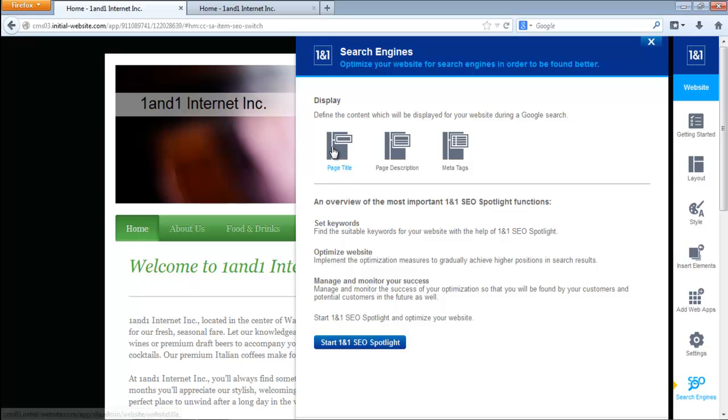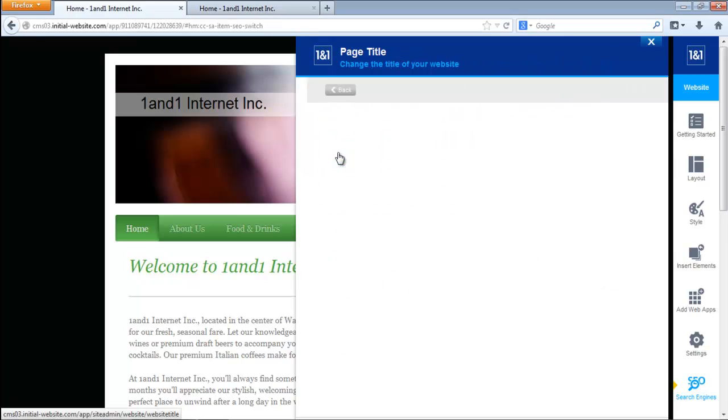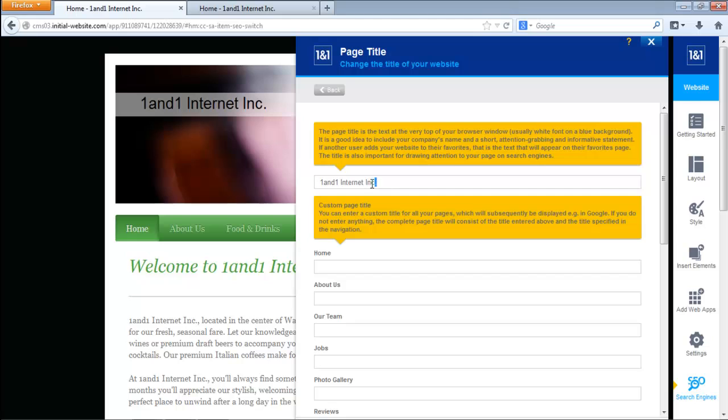Google pretty much comes in and looks at the meta tag information, and as you can see, where you would see this is right up here. You see, home, 1&1 Internet Inc. When you click on this, 1&1 Internet Inc. appears right there. So this is for the entire site. And for the home page, if I have nothing here, it'll just read home. If I put, let's say, my